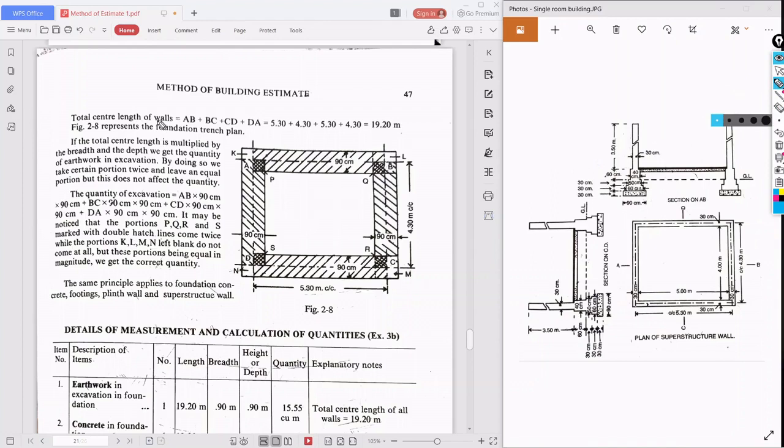So, total center length of the walls. There we had taken long wall and short wall. Here nothing like that. We have to take center to center length. So what is the center to center length?